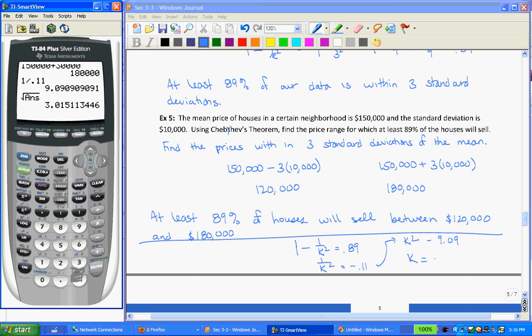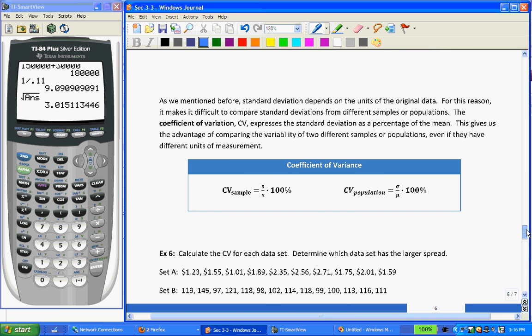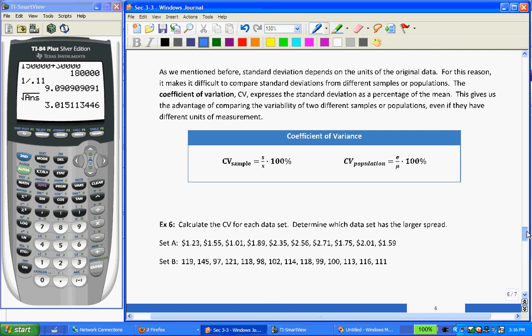So if it's not something really obvious like that 89%, you can look at